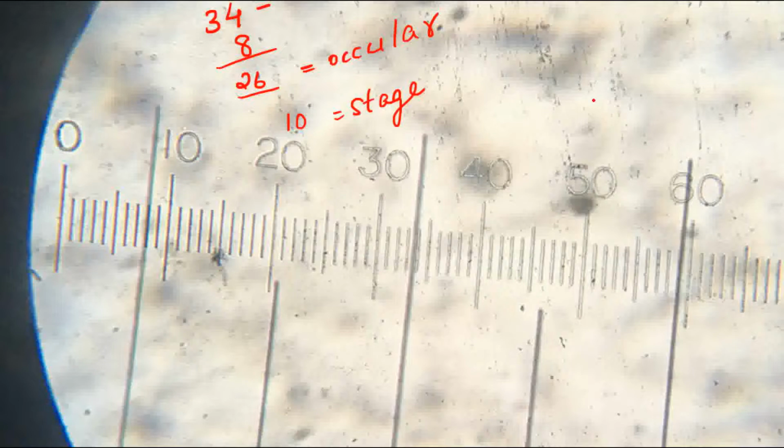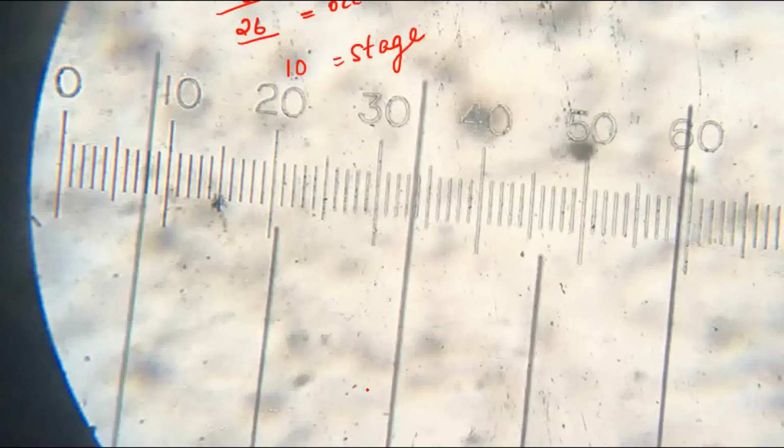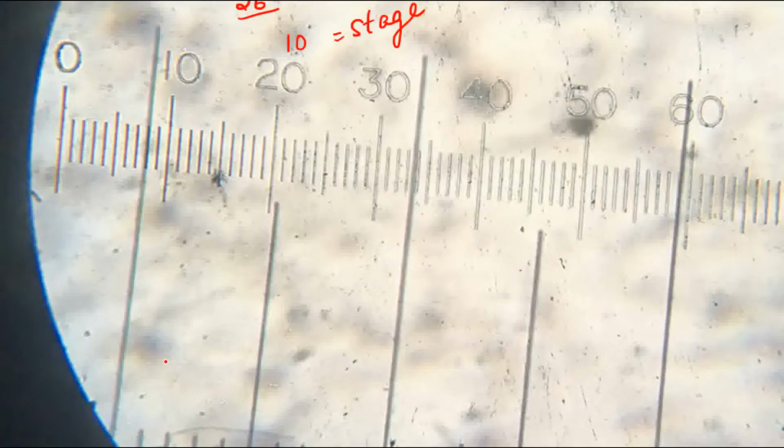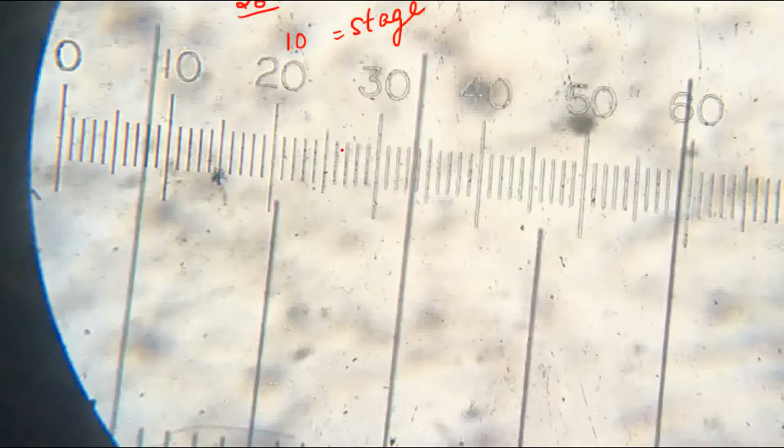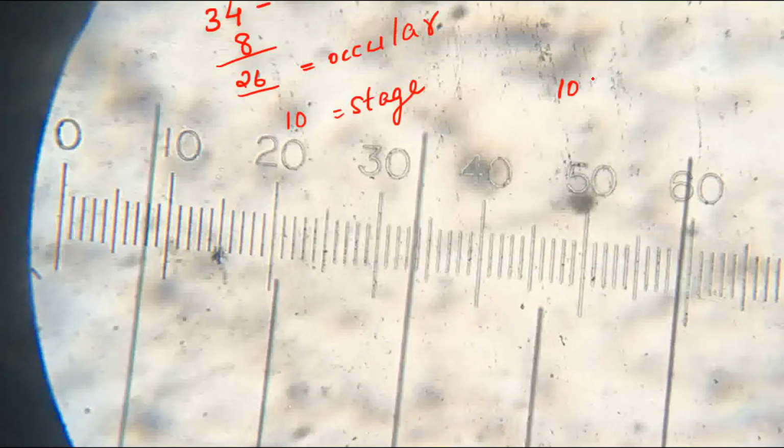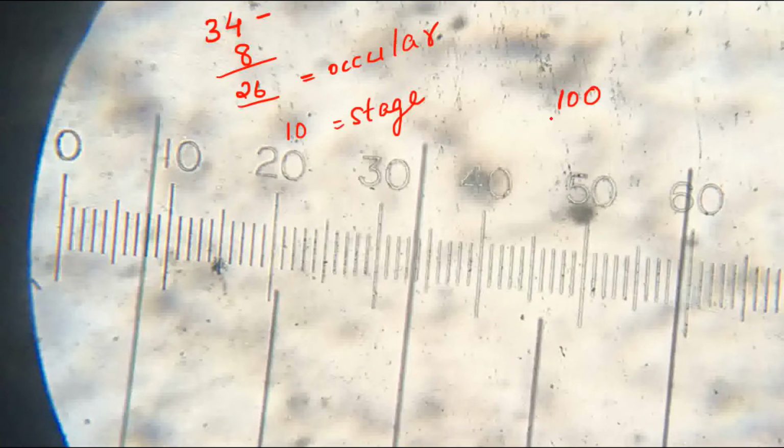And in the previous calibration process, I explained you what is the method of derivation. So here I am not going to explain that again. Simply I am going to write the equation in this way. 10 into 10 is equal to 100 micrometer. That is the length size of this area of stage against the corresponding ocular. So that is 100. 100 divided by number of divisions that is present between the coinciding line in ocular, that is